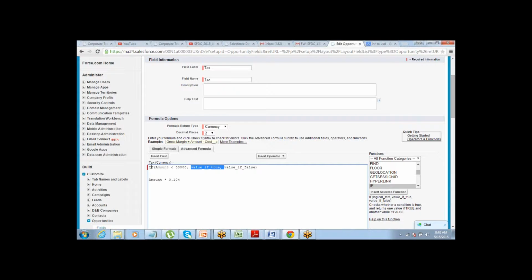Amount less than 50,000, then value should be amount into 0.1, which is 10%. Else, what should be the value? Value if false will be amount into 20%. That's the logic. That's it.